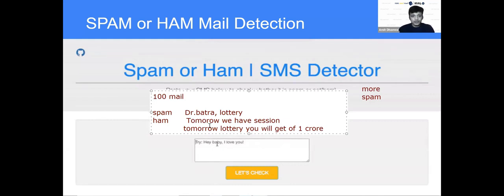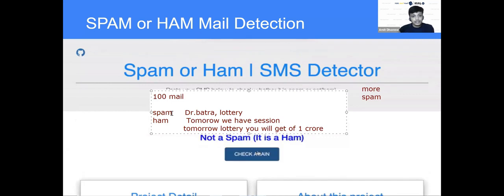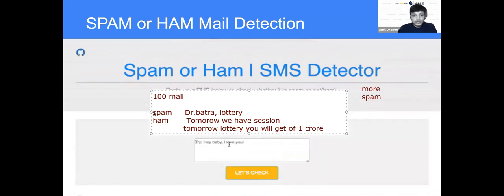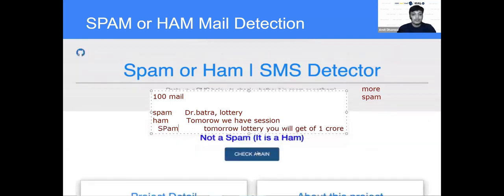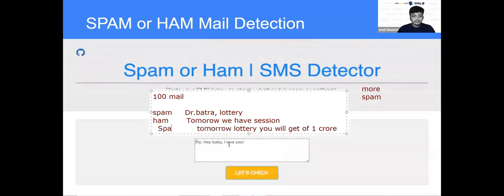So how do you understand how machine learning works? You train it on a set of mails and their classification. This you can say is supervised. Why supervised? Because you have both the output and the input, right? And tomorrow, if a lottery mail comes, it is going to classify that it is spam. So like this it works.